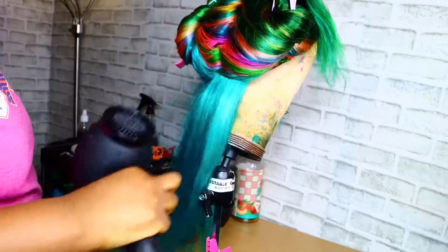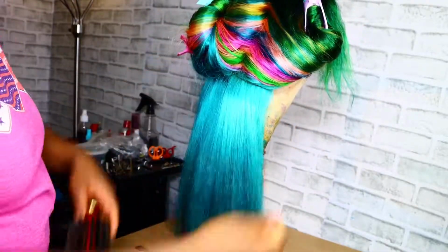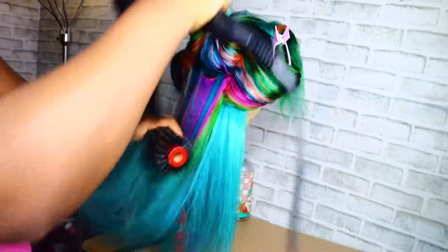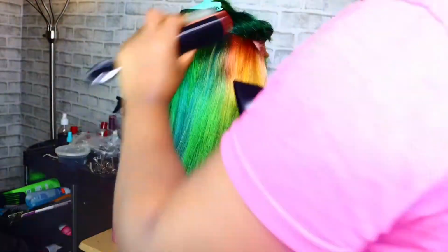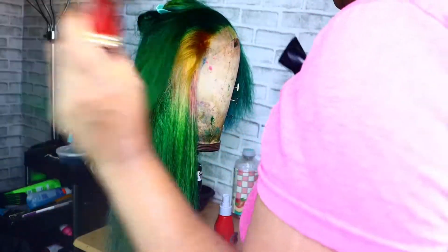I'm not going for a super sleek blowout. I'm just going for a natural blowout, something quick and go, simple, easy, nothing too complicated. I'm going to be alternating from the boar bristle brush to the Denman brush as well. I feel more comfortable with both brushes, so I'm going to be using both of them on this wig